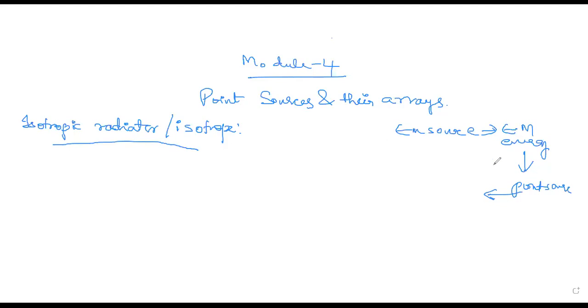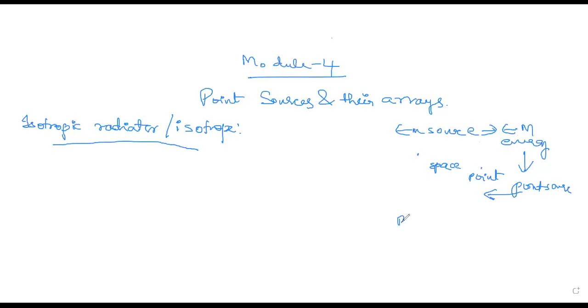An EM source radiates electromagnetic energy and can be considered as a point source when it has a dimension of a point in space. In this space, it will be very small. So that radiation of electromagnetic energy, which is seen as a point source, will have the dimension of a point in space, so it is called a point source.